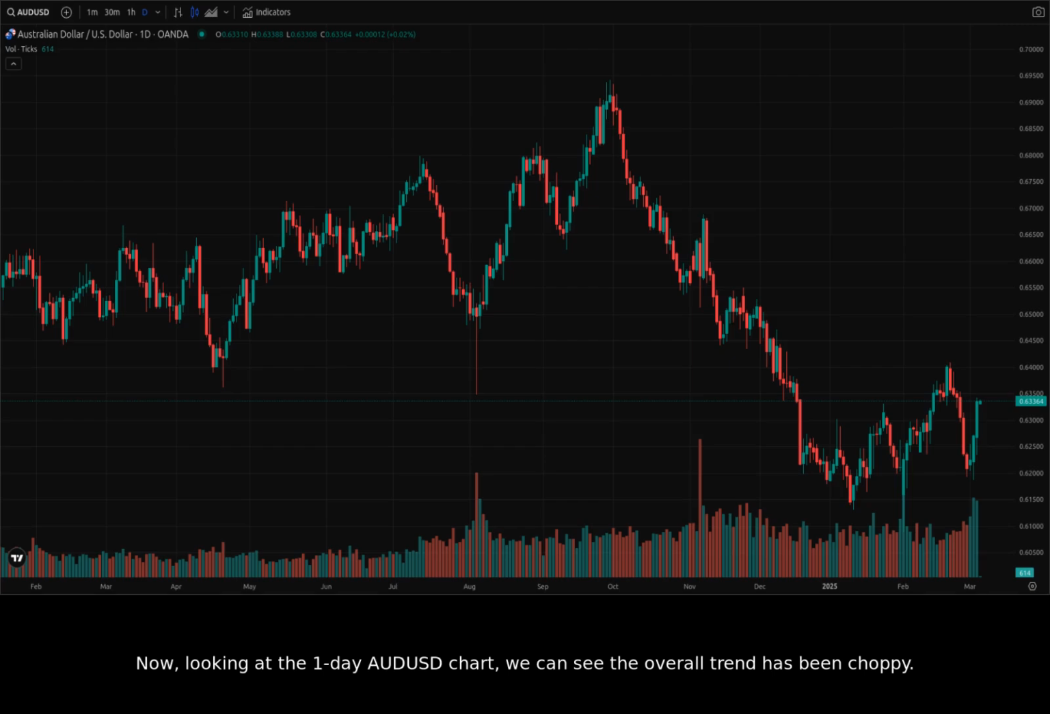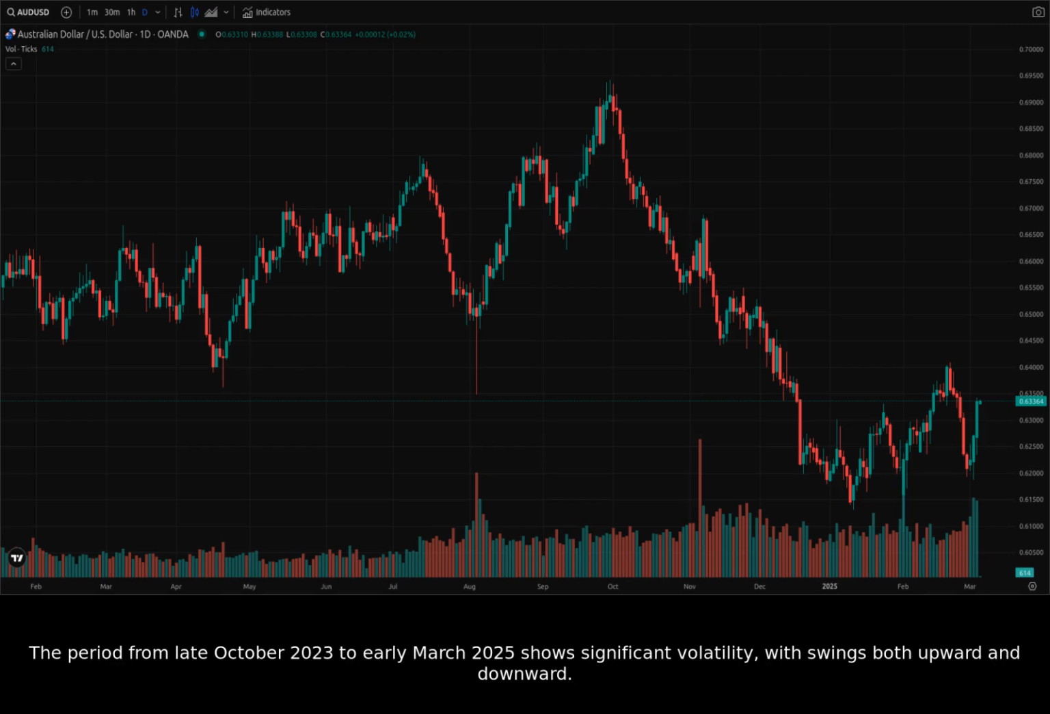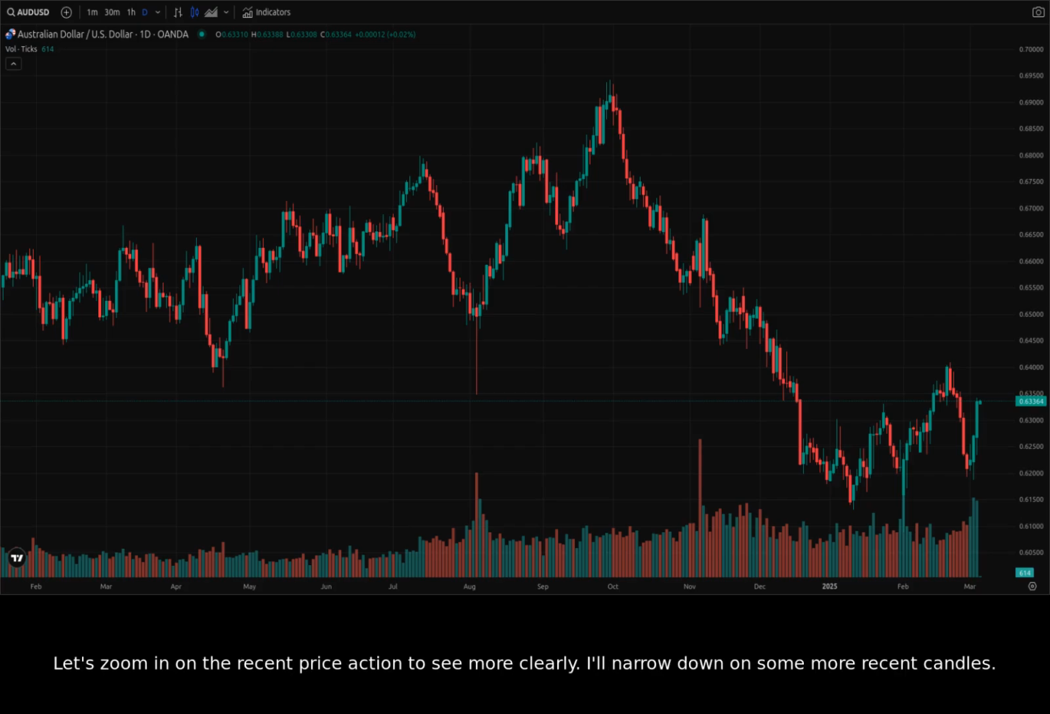Now, looking at the one-day AUDUSD chart, we can see the overall trend has been choppy. The period from late October 2023 to early March 2025 shows significant volatility, with swings both upward and downward. Let's zoom in on the recent price action to see more clearly. I'll narrow down on some more recent candles. I'm going to narrow it down to the range between